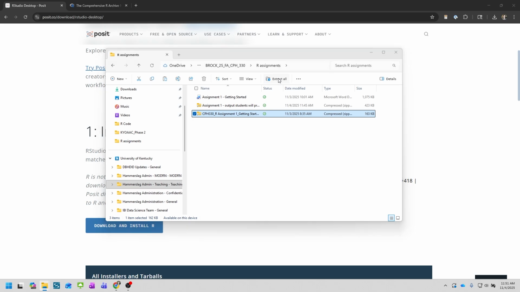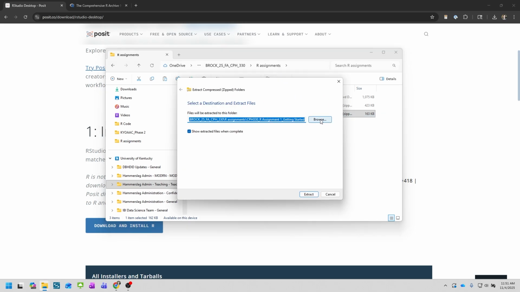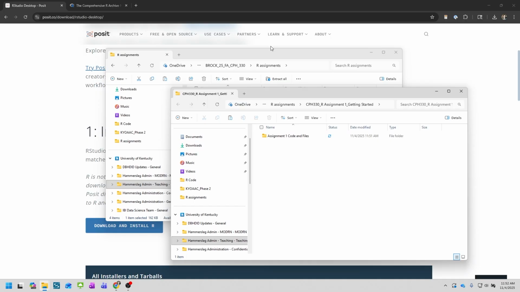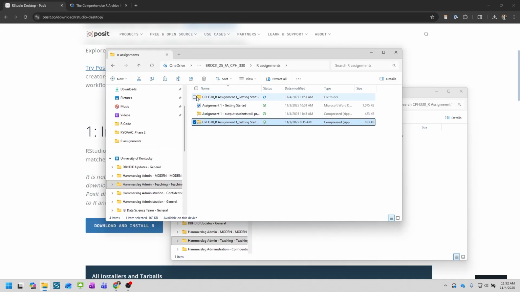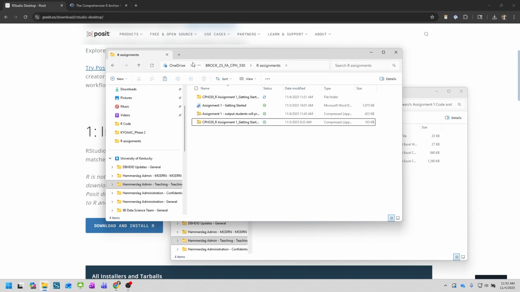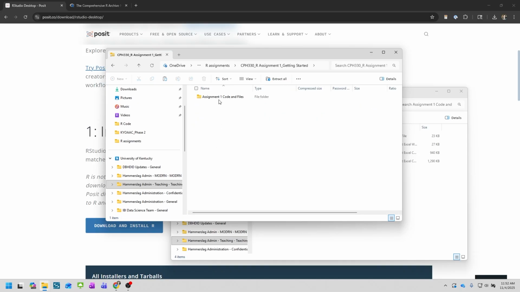You must click this and extract the folder before you can use the program. Just click through to finish the extraction. You'll see a folder pop up, and you'll see that there's now a folder here with no weird zipper icon. Another way to know that you did it right is to look inside the folder and you see normal looking files, as opposed to if you were still in the zip folder and you tried to open it, you would